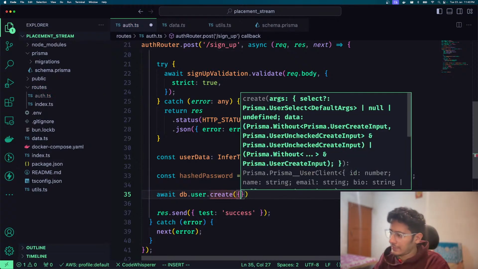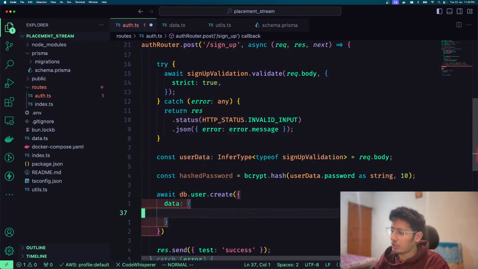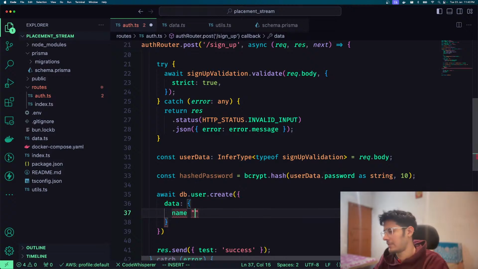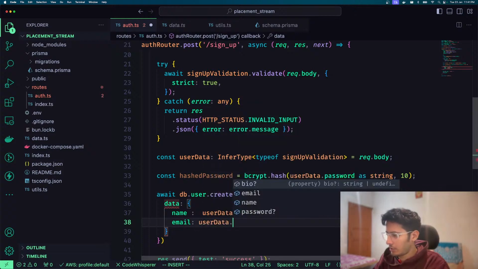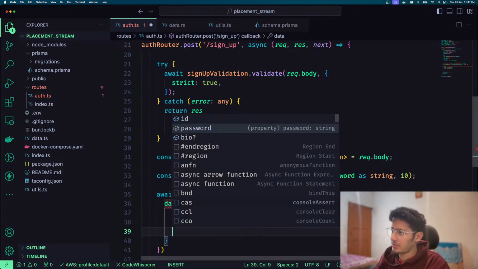create, right? And then you can pass data, the data of all those users. So we could pass a name, we can say name is userData.name. We could pass an email, we can say userData.email is the email. The ID is auto generated, so we